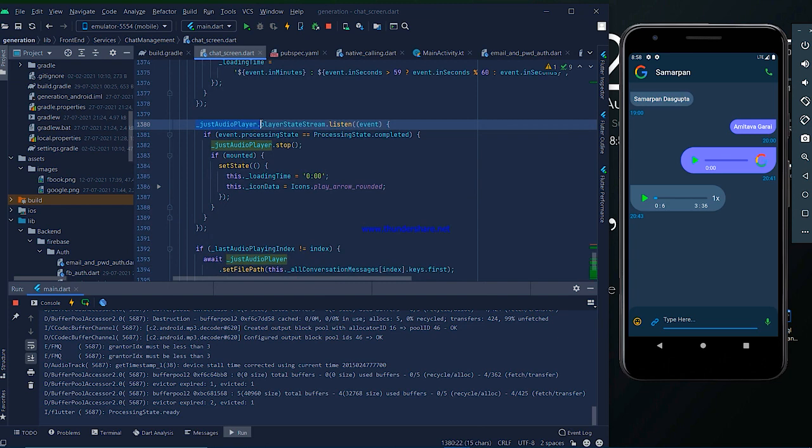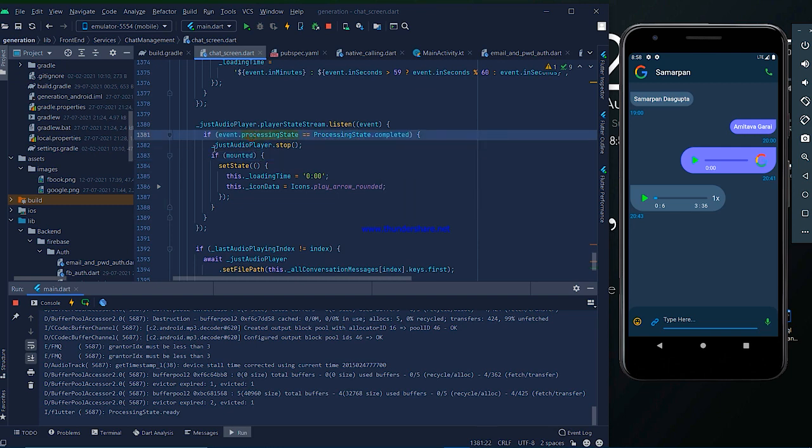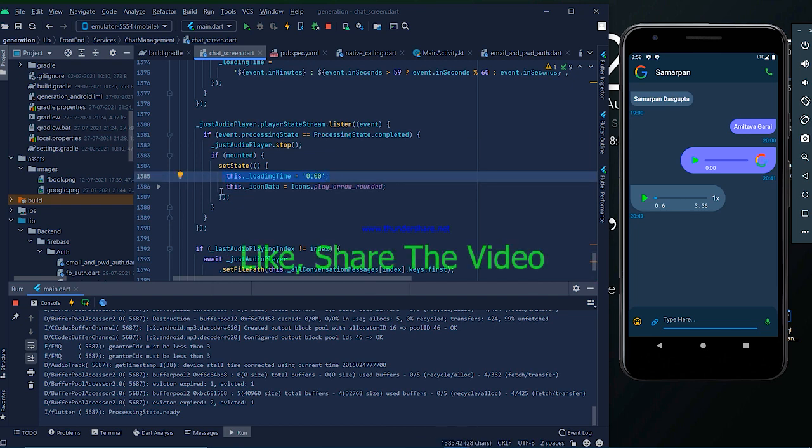We take the player's state stream and listen to it, and if that event is completed, that means the player has reached the end of the audio. So what we do is stop it, set the loading time to 00 as the initial point, and convert the icon data to the play icon, as mentioned before.